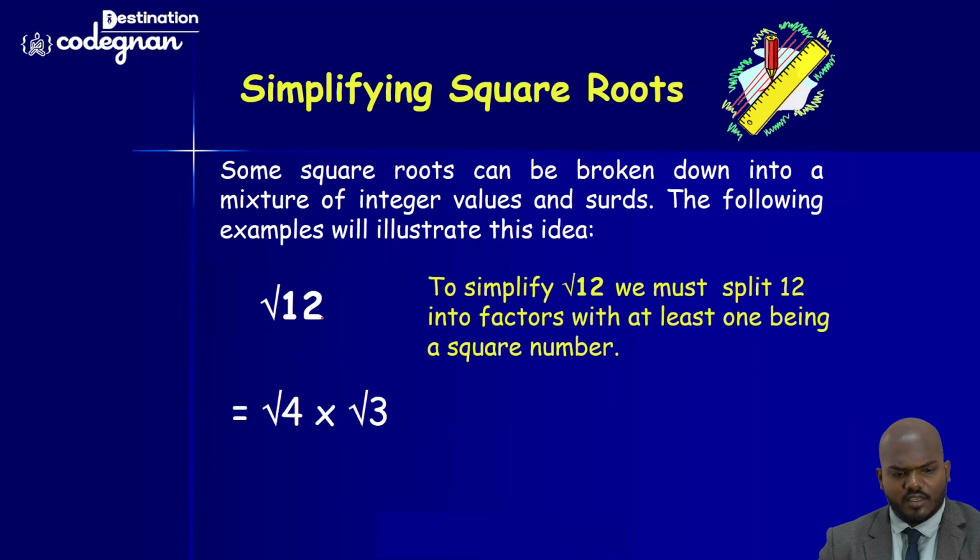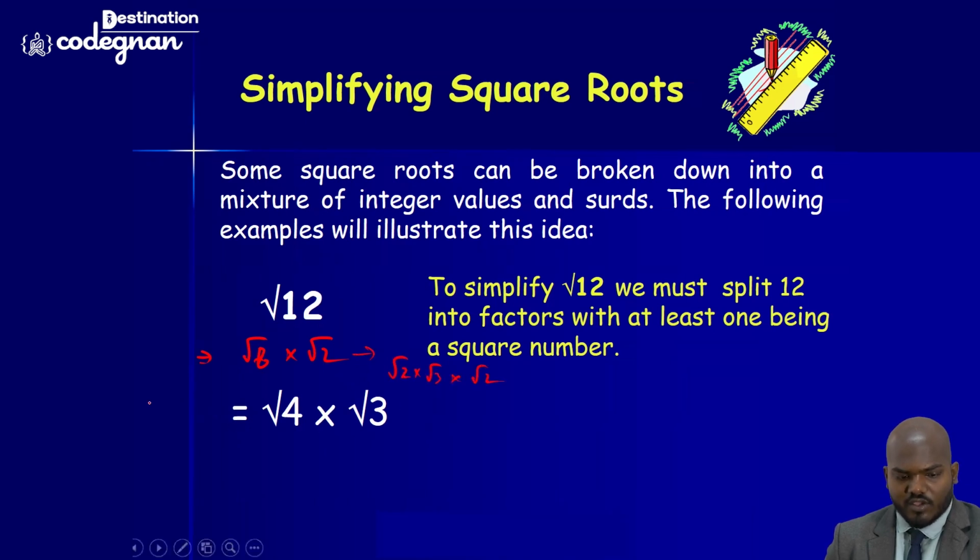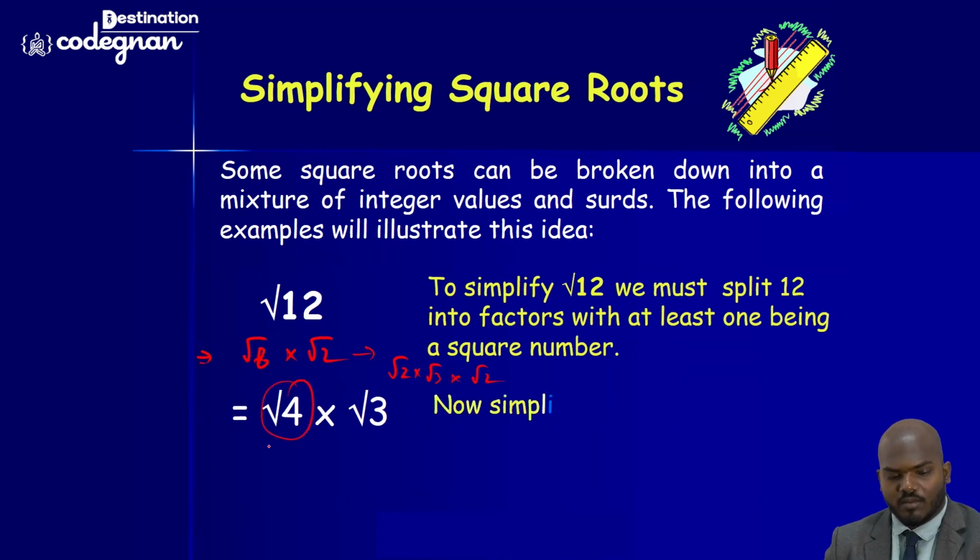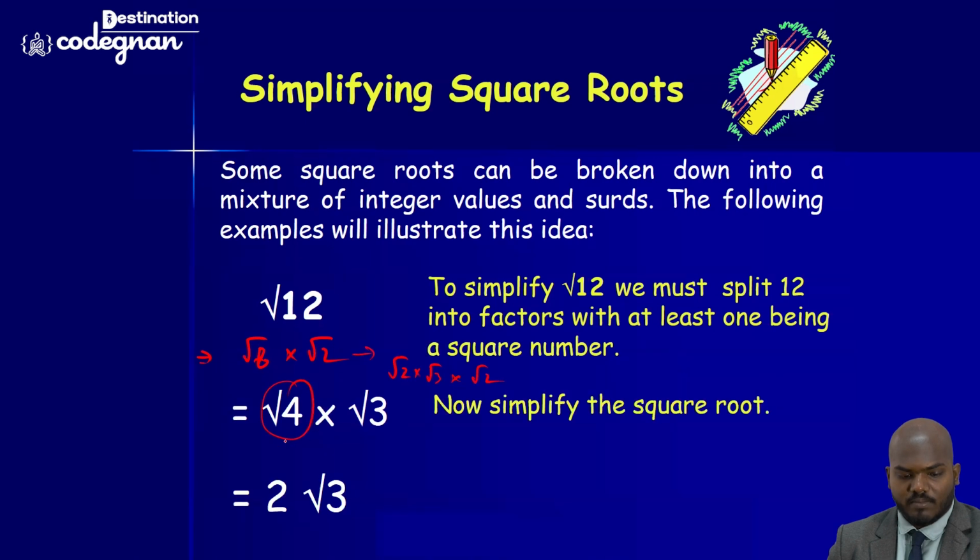Not only 4 root 3, the 12 can also be broken down like root 6 times root 2. Okay, so this root 6 can be broken down as root 2 times root 3, and root 2 we have. Okay, you see this one, root 4 means what? That's the square root of 2 square. Then I can write it as 2 root 3 simply, because here also you see this one, the root 2 times root 2 will give you the value, because if you are multiplying the number,